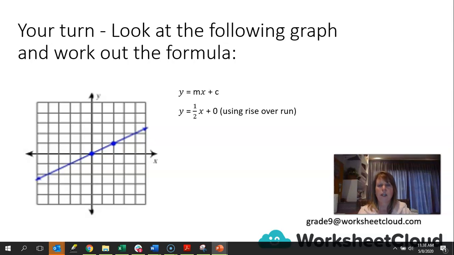Okay, let's check it using our change in y over our change in x. So we've now got ya minus yb over xa minus xb, which is our gradient, and then we've got plus c. Well, we know plus c is 0 because it is crossing the y-axis at 0. That is your y-intercept. So your point A is here, and your y value is 1, and your x value, sorry,